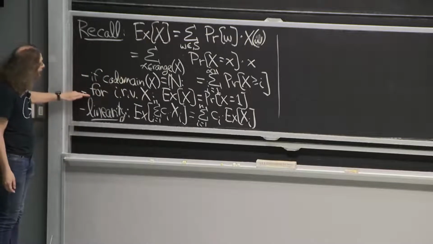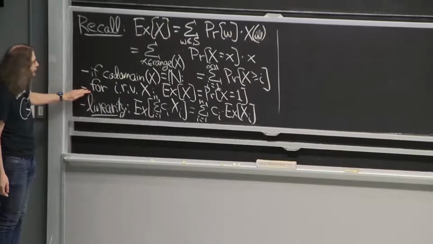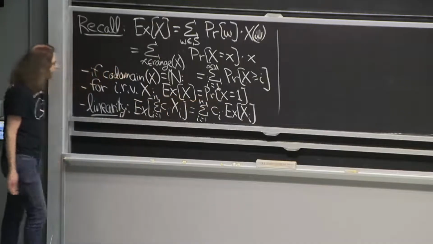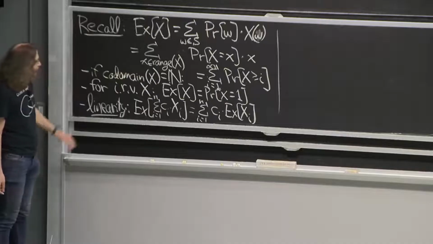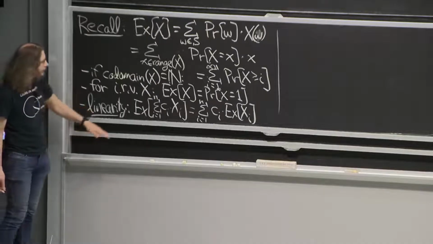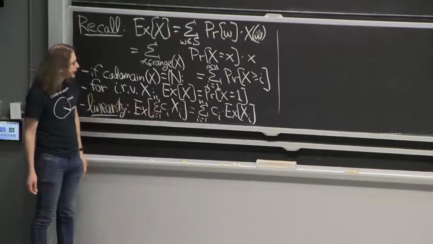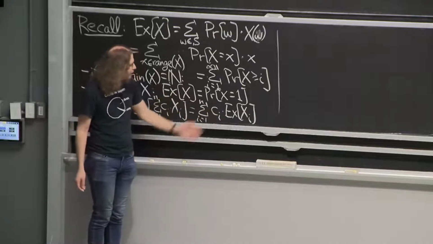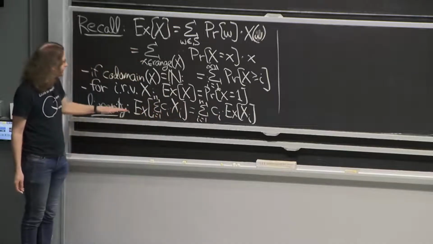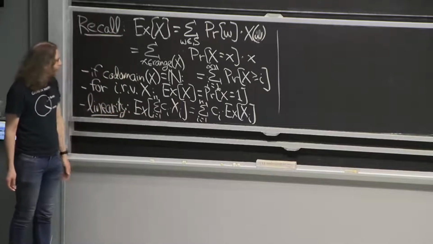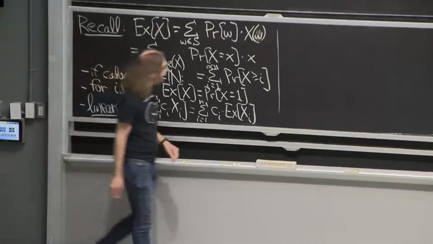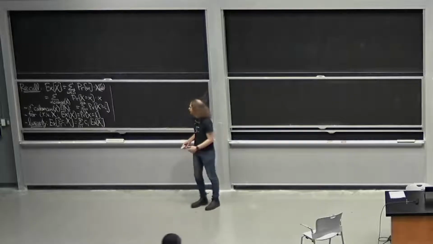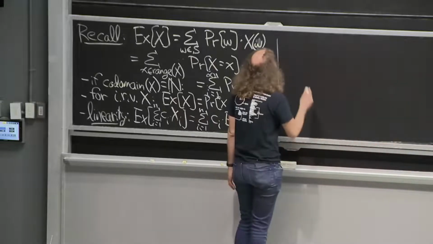For indicator random variables where X is 0 or 1, another special case, the expectation is just equal to the probability of equaling 1, which is the probability of the event that this is an indicator for. And the big thing was linearity of expectation, which told us if we summed and also multiplied by a constant inside the expectation, we could push the expectation inside or pull the sum and the multiplication out. So we're going to use all of these things today and see how they contrast with other fun properties. But I'm going to start out with some motivating examples to give us some interesting problems to think about.